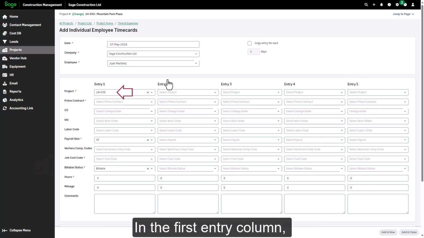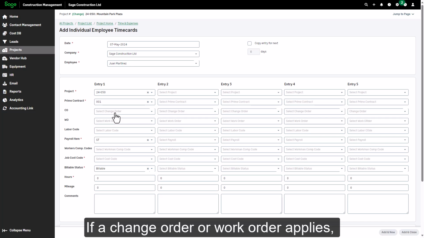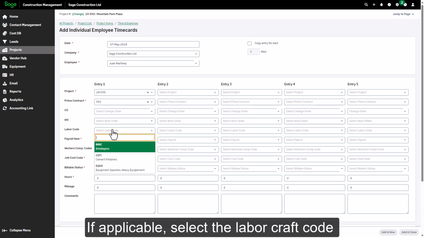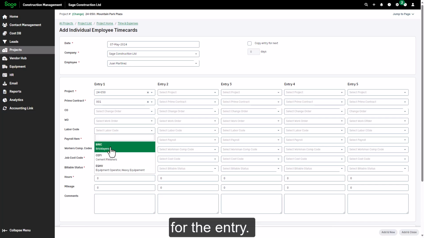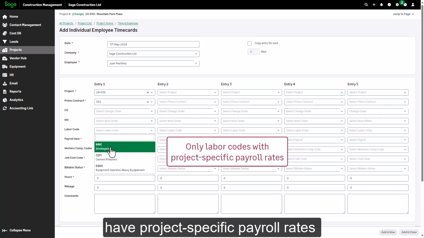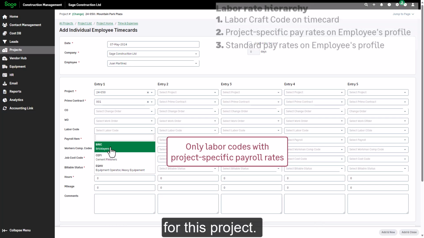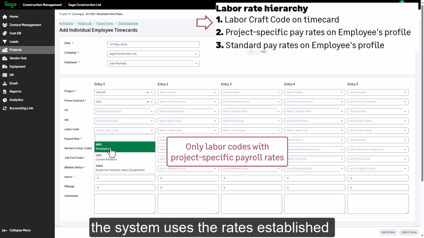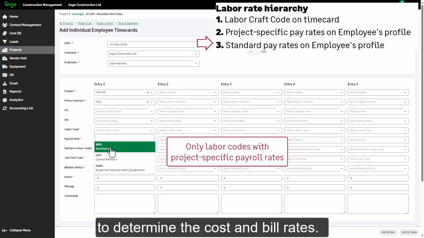In the first entry column, the project is selected for you. If the project has only one approved prime contract, that is also selected. If a change order or work order applies, select those. If applicable, select the labor craft code for the entry. The only options you'll see in this list are those labor codes that have project-specific payroll rates for this project. If you don't select a labor code, the system uses the rates established in the employee's profile to determine the cost and bill